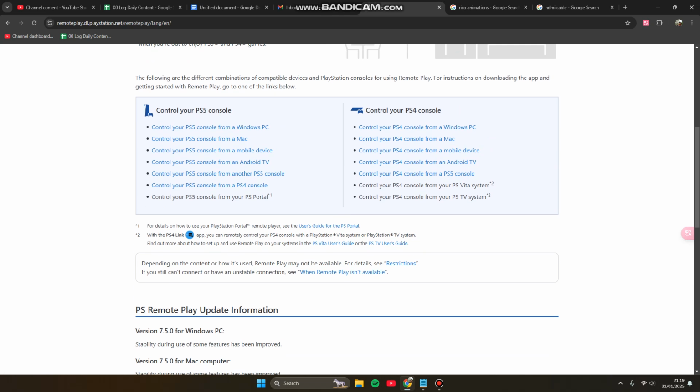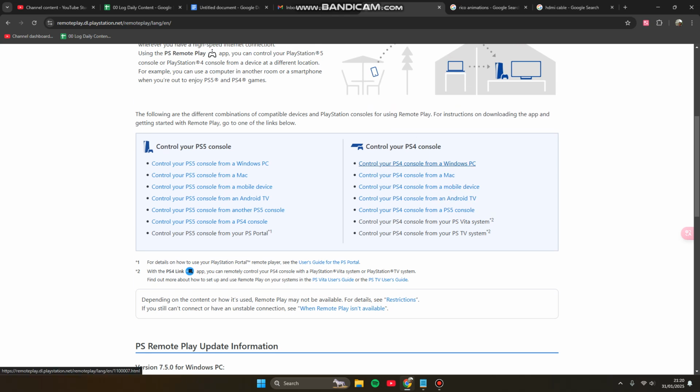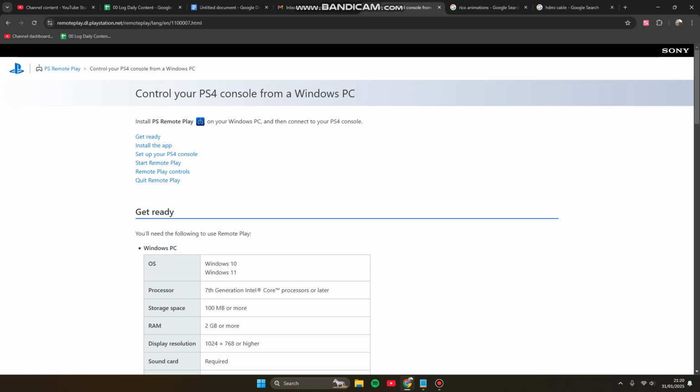Remote Play. Here, for example, we talk about PS4. You can control your PS4 console from a Windows PC, a Mac, or if you have an Apple device, you can use this installer. Also from a mobile device, from Android TV, and from a PS5 console. So PS4 to PS5 also. And here, for example, from a Windows PC, or if you have a laptop